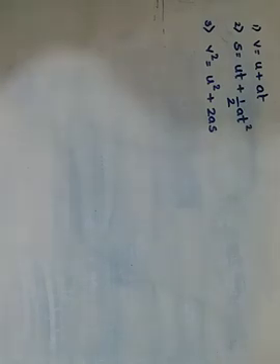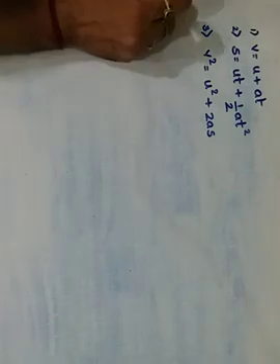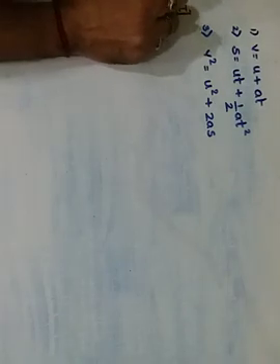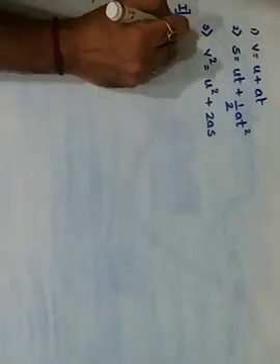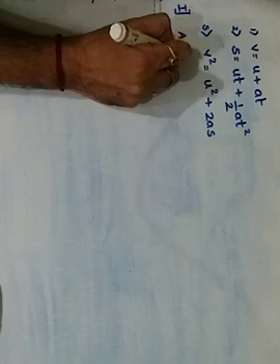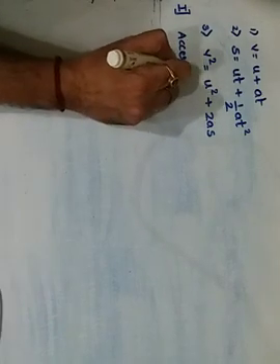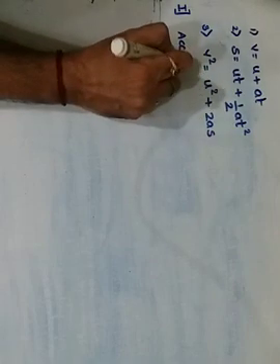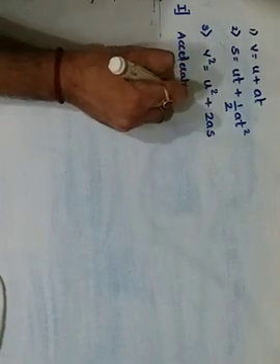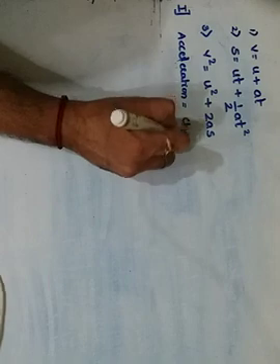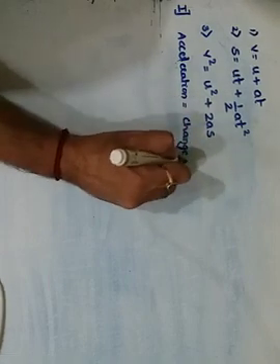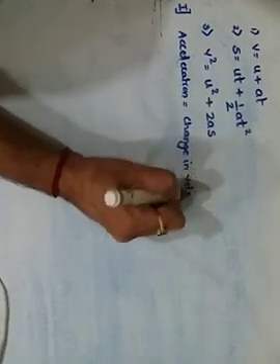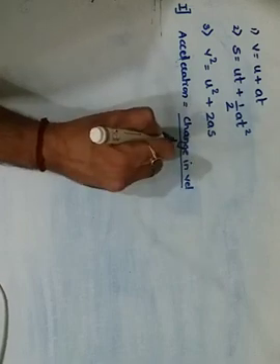So how do we start with it? How do we proceed with it? For the first equation, that is your a part, that is your v is equals to u plus at. Just now while explaining acceleration, I told you that acceleration was defined as a change in velocity upon time.